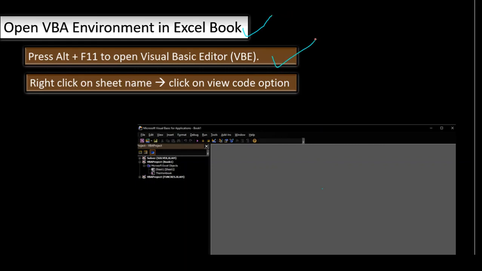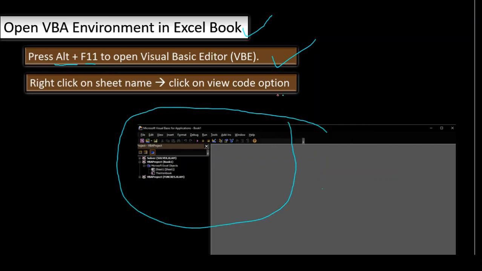One simple option is to press Alt plus F11 in the Excel workbook, and the VBA environment will open. Another option is to right click on the sheet name and click View Code, and the VBA editor will open, where you can write code and do a lot of activities using VBA code.